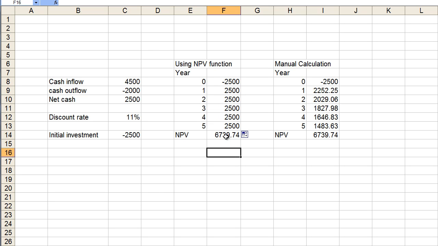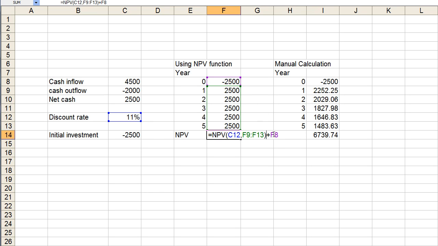And then the net present value calculation is pretty simple. Equals NPV. The first one, C12, becomes the discount rate, which is 11%. The values are these ones here from the end of year 1 through to the end of year 5, not year 0. And then we finish that formula, and then we add this figure here, which is actually a negative,